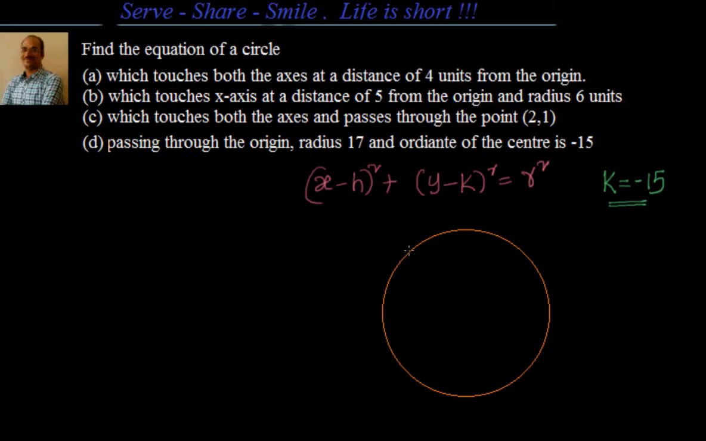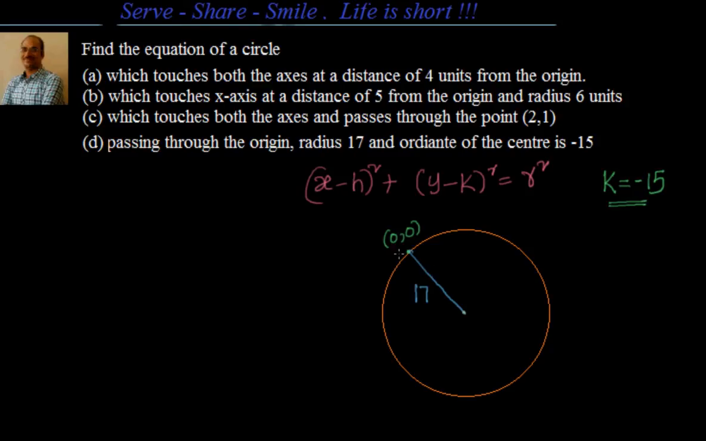So let us say there is a point origin here. So this is 0 comma 0. Okay, we know that. Radius equal to 17. That means the circle, if you know where the circle center is, the radius is equal to 17. This we know. And the ordinate of the center is minus 15. So what's the meaning of that? The meaning is,